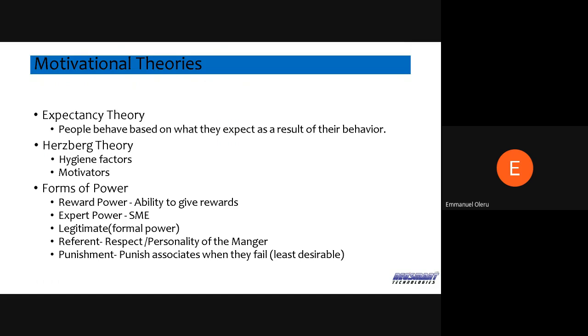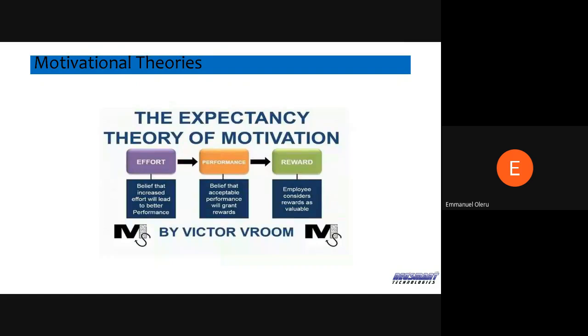power that comes from maybe just physical power. We have referent power that talks about the respect you give to, let's say, your personality and all that. And then we have punishment power, which the police have, because they can punish you, right, and shoot you. So because of that, you just respect them, right? So these are some of the theories, or this is even clearly stated here.